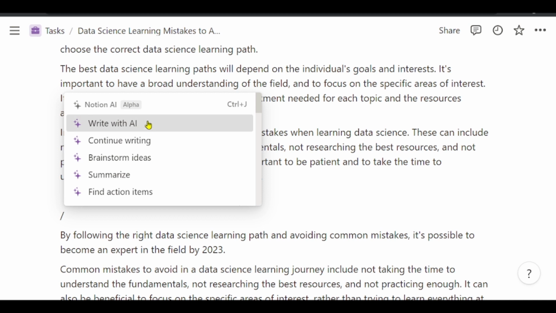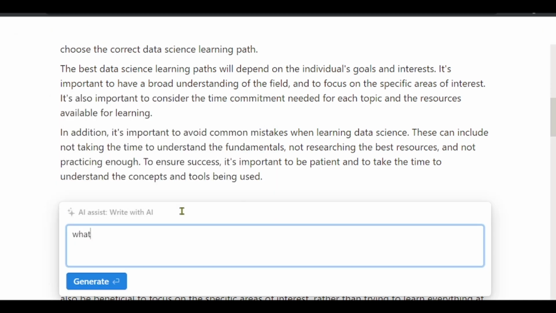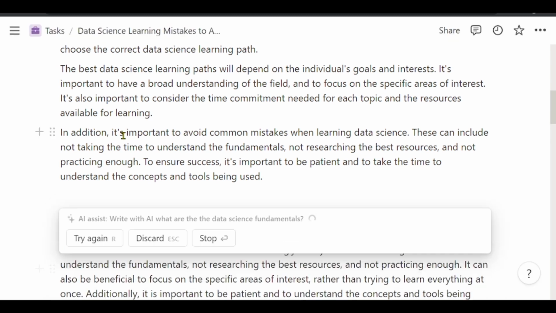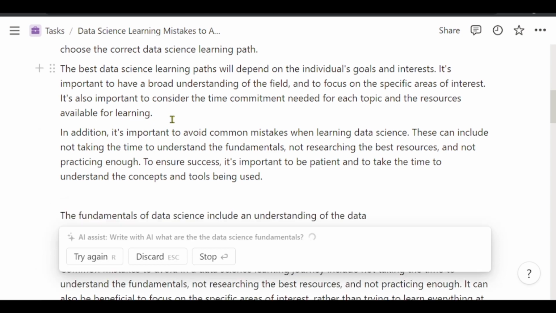So let us ask, what are the data science fundamentals that you need not to avoid?